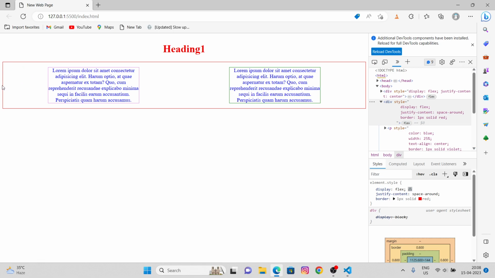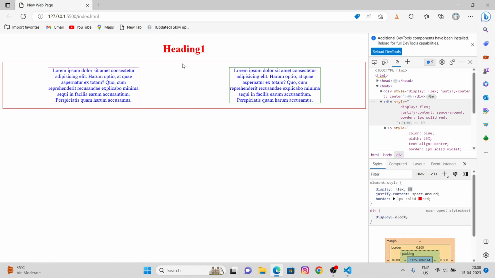Let's suppose 200 pixels on its left side and 200 pixels to the right. So here we got 200 pixels, and also here 200 pixels would be